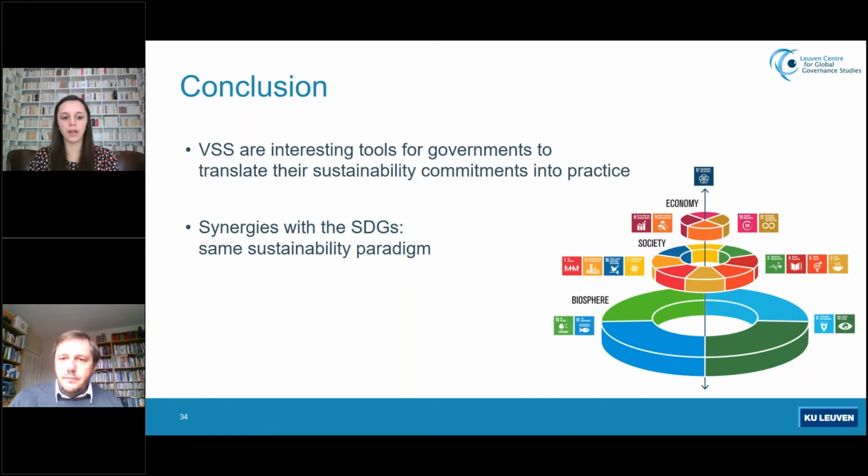Well, for now, I would say that it remains an exception in terms of naming explicitly some VSS. As I mentioned, the Korean Timber Act, you can have a look on the internet, you can find it. They really mention explicitly that the FSC and the PEFC are recognized as proof of compliance with what Korea expects timber producers to meet. But this is quite an exception because most trade agreements mostly refer to